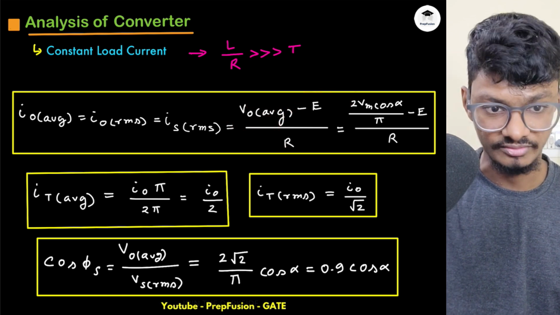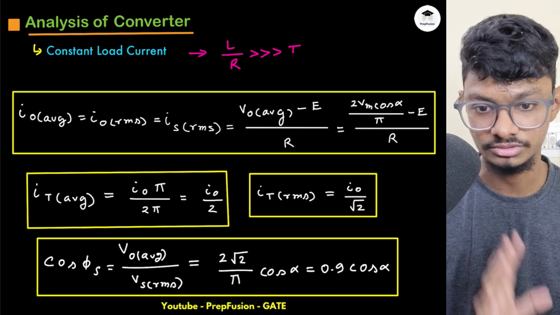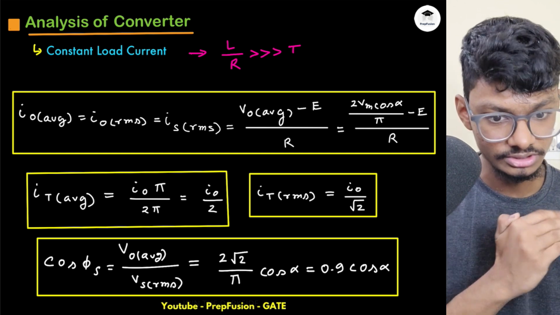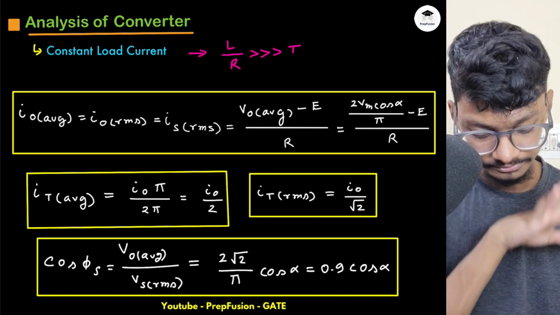2 Vm upon cos alpha by R. So this is mostly what we assume. Okay, they will tell you in the question, don't worry. And what will be the average thyristor current if everything is constant? If everything is constant, then the thyristor will conduct for a pi period of time, each thyristor, over a